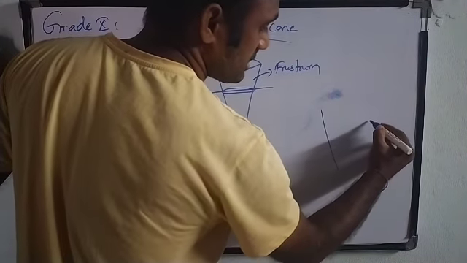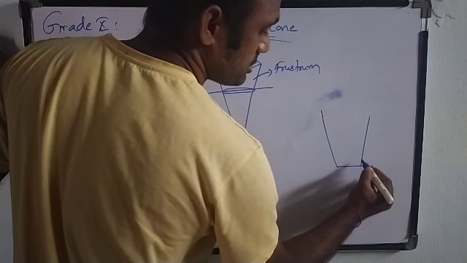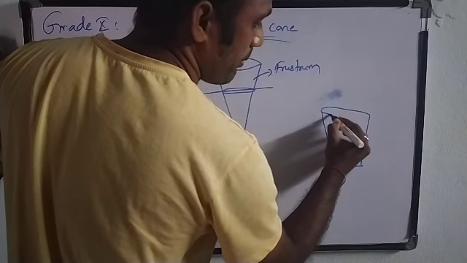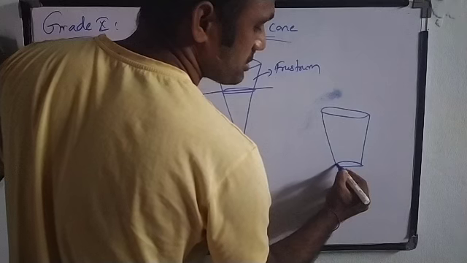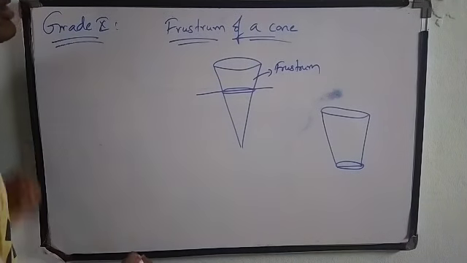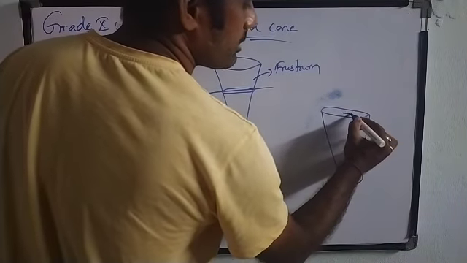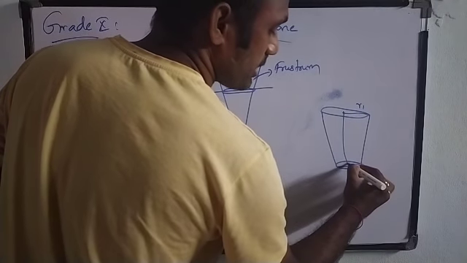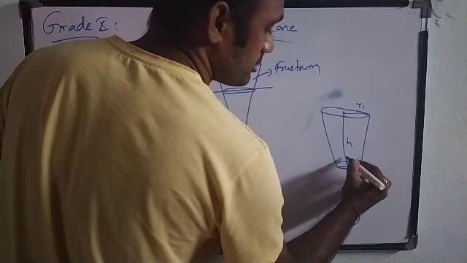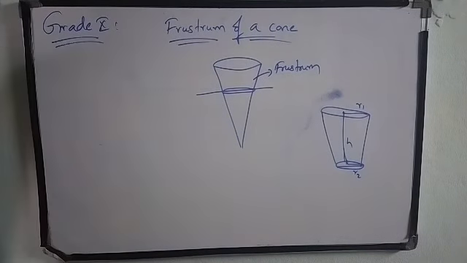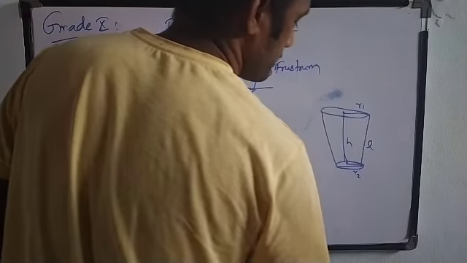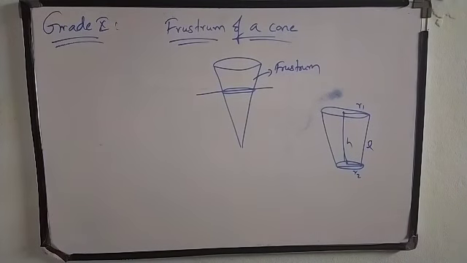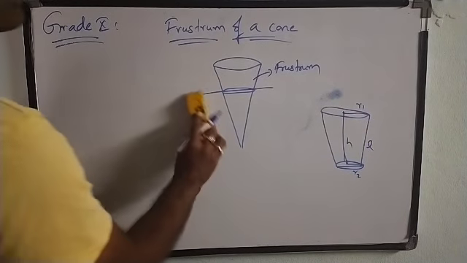We can take our glass tumbler, whatever glass tumbler we are using. It will be in the shape of a bucket. All this will be in the shape of a frustum. So this is a frustum of a cone, where this is radius R1, and this is R2, and this is the height. And this will be the slant height L. So let me give the formulas for this.